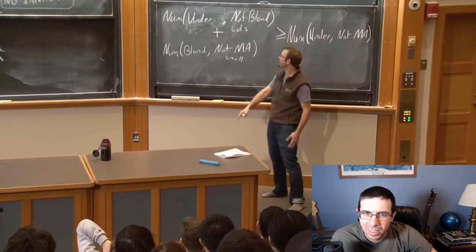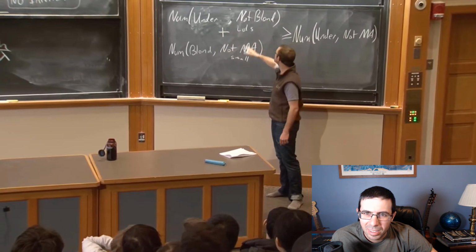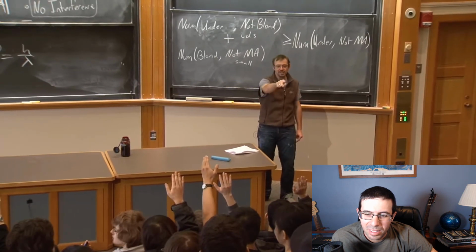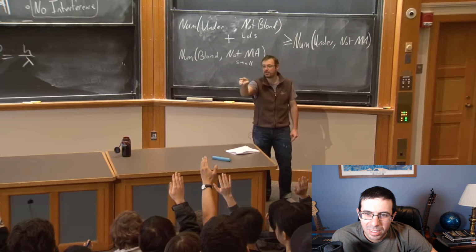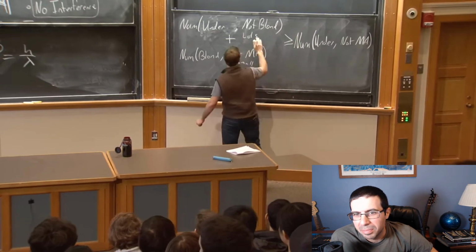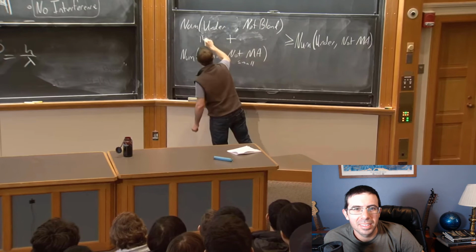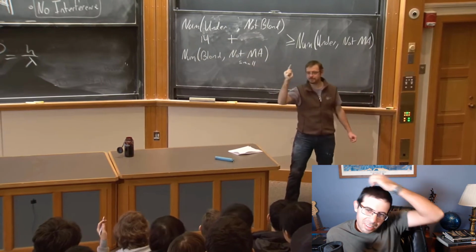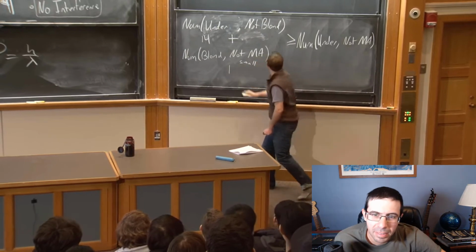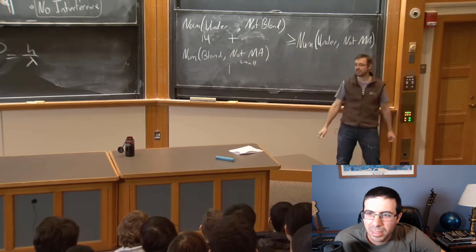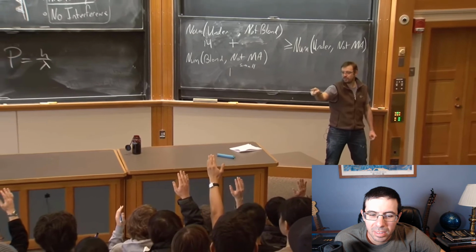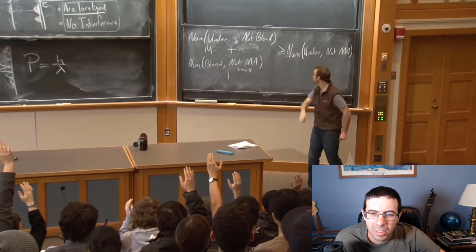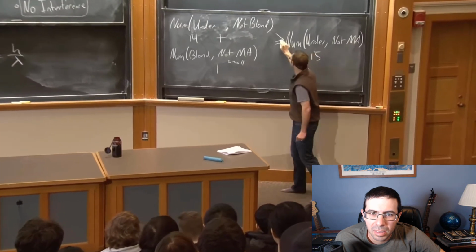So how many people in the first two rows in the center section are undergraduates but not blonde? Okay, 1, 2, 3, 4, 5, 6, 7, 8, 9, 10, 11, 12, 13, 14. We could dispute some of those, but we'll take it for the moment. So 14, you're probably all undergraduates. So blonde and not from Massachusetts: 1. Awesome. Undergraduates not from Massachusetts: 1, 2, 3, 4, 5, 6, 7, 8, 9, 10, 11, 12, 13, 14, 15. Equality.